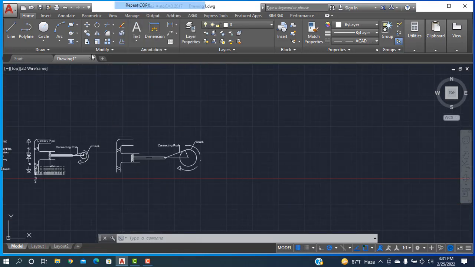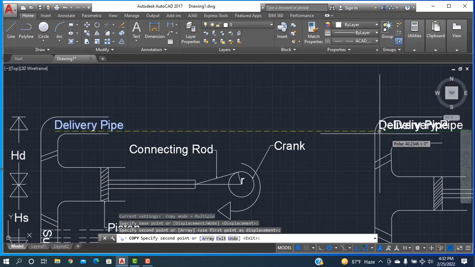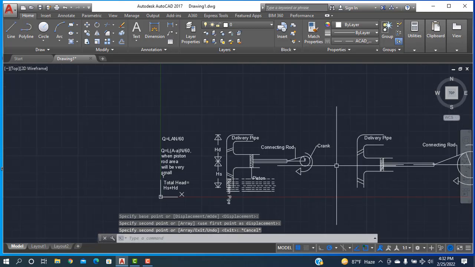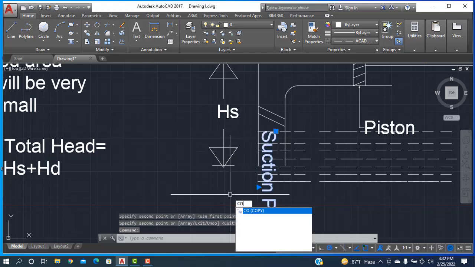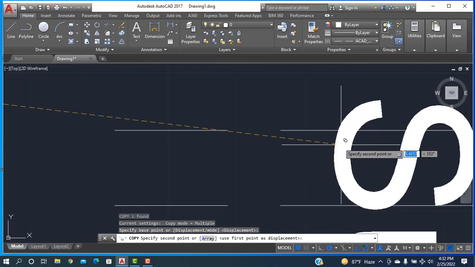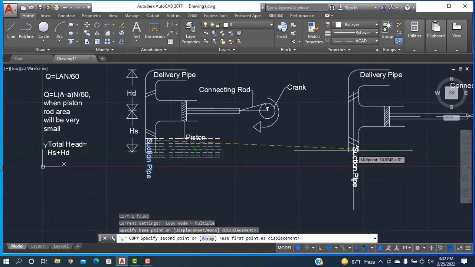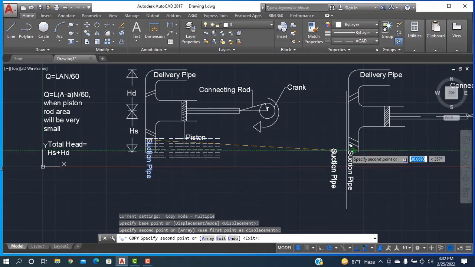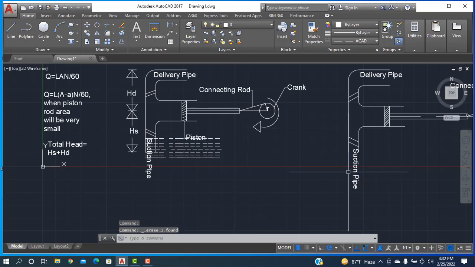Right button click, copy, and click here, enter, and going to put here. This one is the delivery pipe, and I'm going to click here, CO, copy, then copy from here, copy up to here. This one is the suction pipe, escape, and select this one, delete from the keyboard. So suction pipe, and